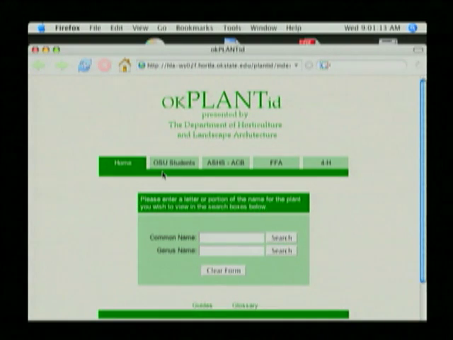It was designed originally for my students, so there's a page there where students can click and they can see what plants we're studying this week, and so it's very targeted for them, and that's very good. And also FFA and 4-H also have their plant lists on there, so the students can really study exactly what they need to study. But if you're at home and just want to find a plant, see what it looks like or get information about it, you can type in its common name or its scientific name. So just for fun, let's type in dog. Okay. And see what comes up. Hit search,